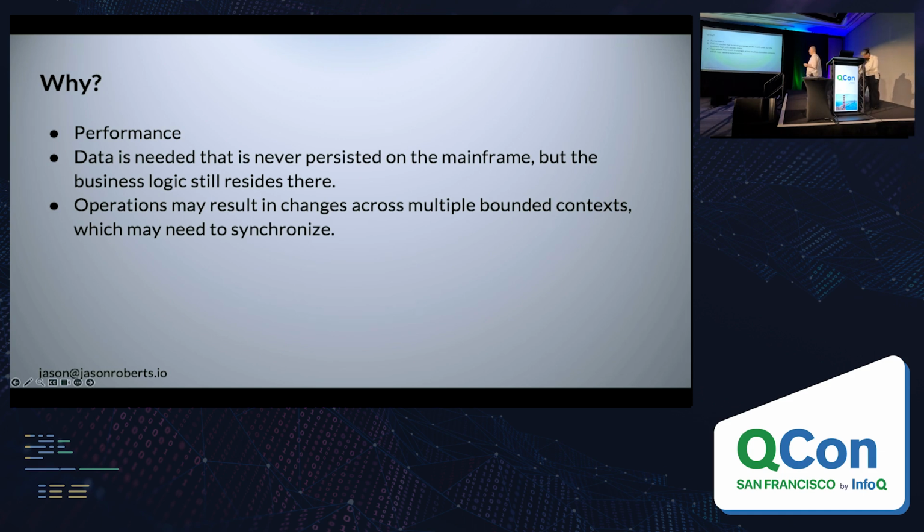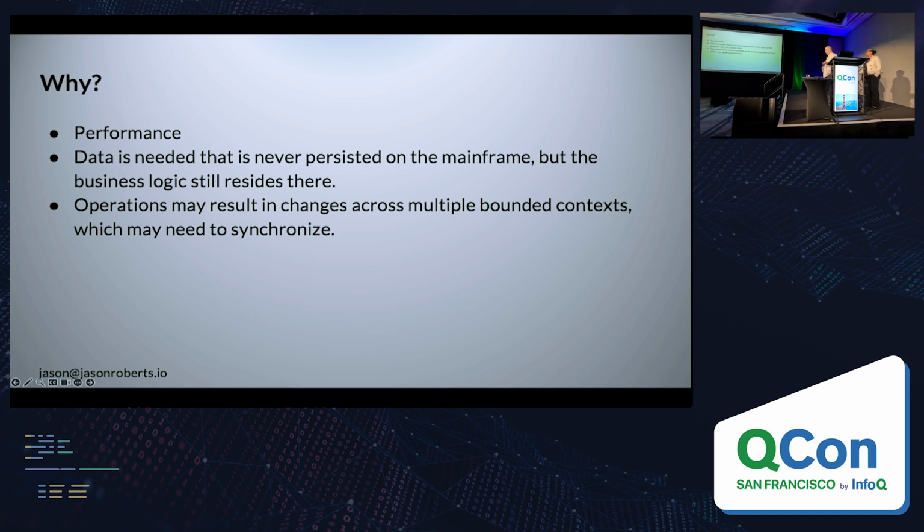Another use case is, and this is one that could be its own talk, but there is data inside of the mainframe that amounts to what we call a derived value. It's never persisted, but there's business logic there that can do the calculation of it. So it's basically forcing us to fall back to that synchronous model that we were trying to avoid with 1.0. But one way around that is this pattern, because we can have background services that can pre-compute that. Again, could be its own talk.